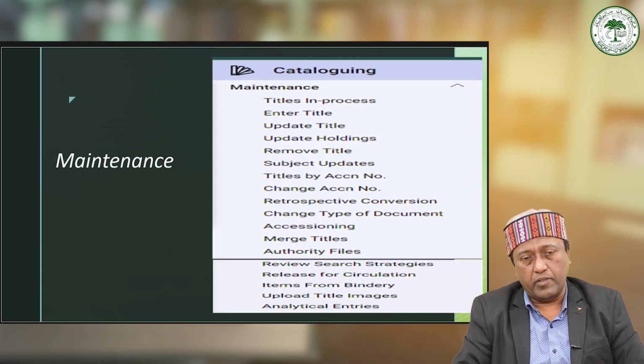So here you can see within maintenance you have all these options. The titles and process, you can enter the title here, you can update the title. If you want to make any changes, you can update your titles here, and you can update your holdings also. You can remove the title, just suppose you have not bought it or it was in process but you have dropped it later on, so you can remove the titles. Subject can be updated,